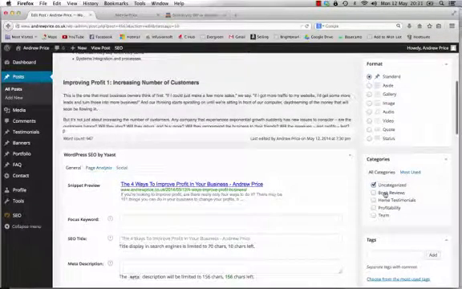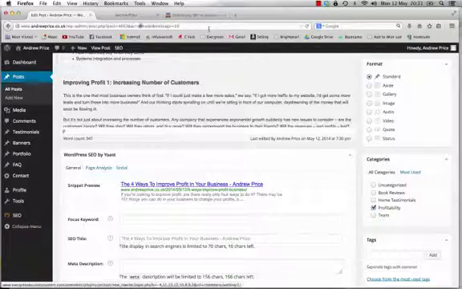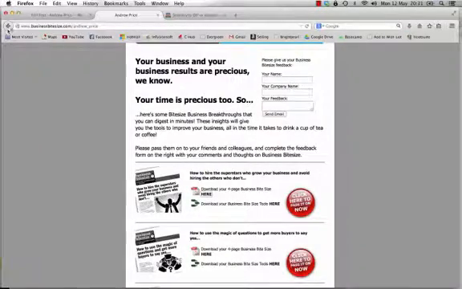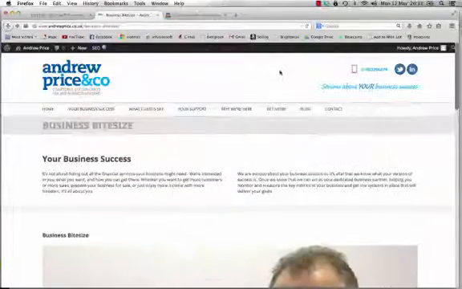And categories, you're going to want to pick a category. This one would be profitability. You do not want uncategorized. That's just kind of a standard category that's there, but you want to have a category. If there is not a category, just ask Chris or somebody at the Profitable Firm to give you some extra categories. Your categories need to be something broad so that when somebody is looking at your website,